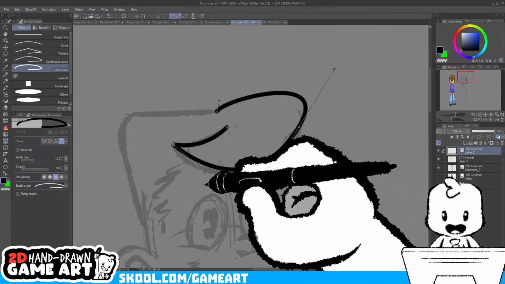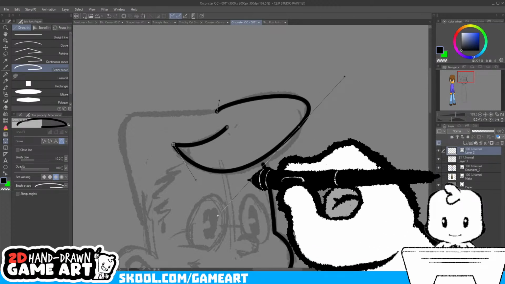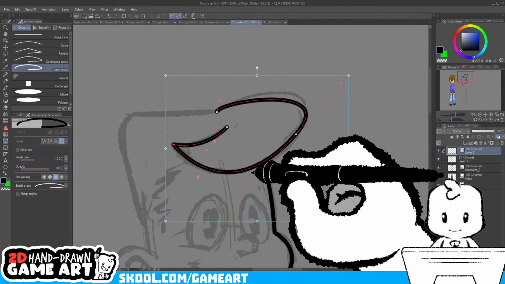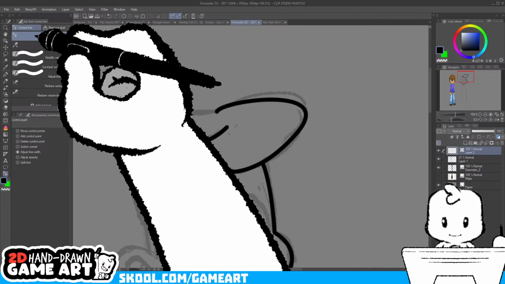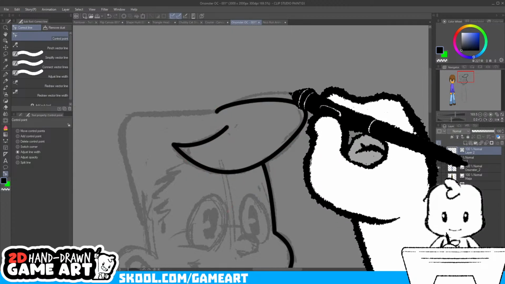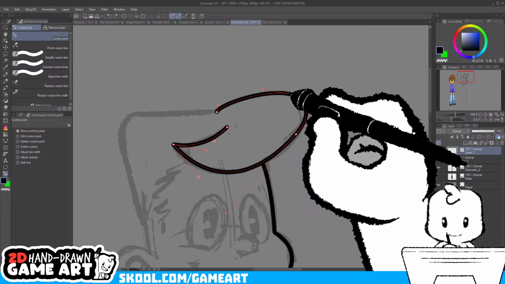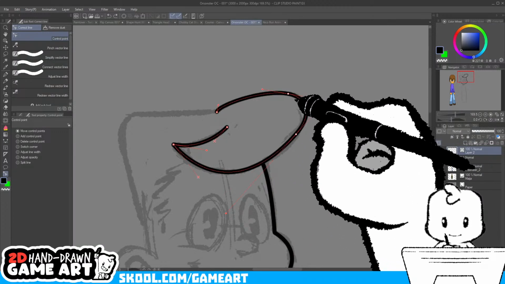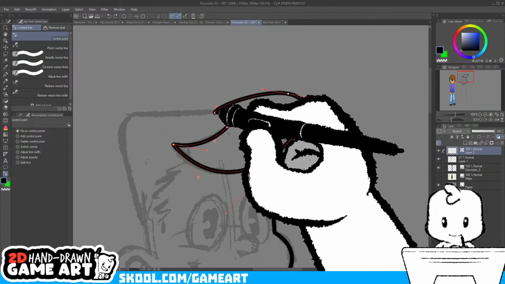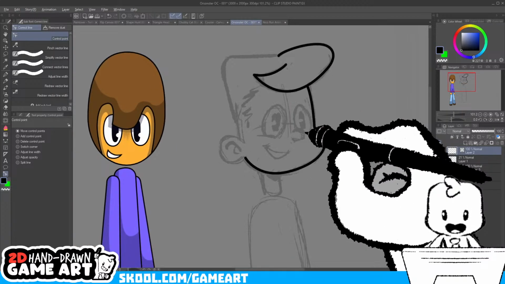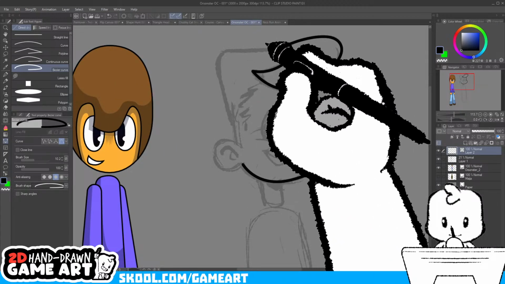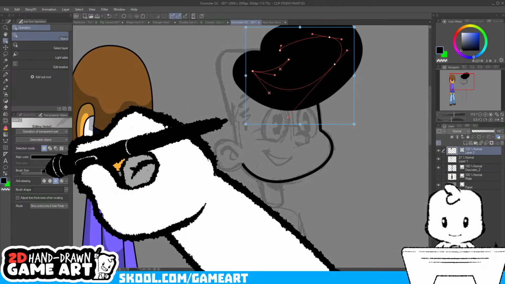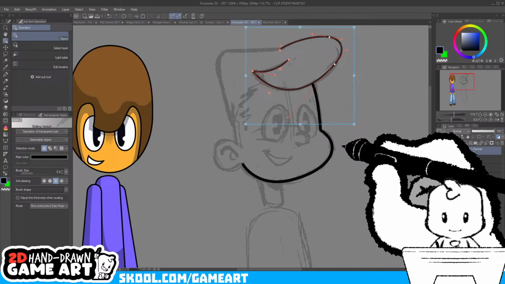This is what I would recommend for line art, especially if you're having trouble with it. This saves me a lot of time and a lot of stress. You can add new points and move those points around, so you don't have to be stuck with just the points you drew. You can always add more points or even delete points. This is the way I like to do line art. You could also change the width of these lines later on if you want them thicker or thinner. It's really nice.